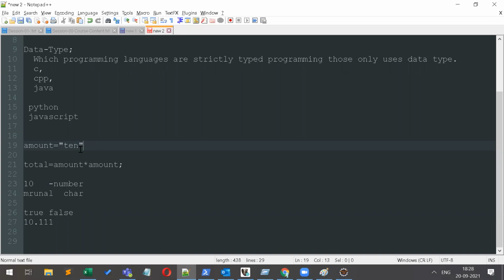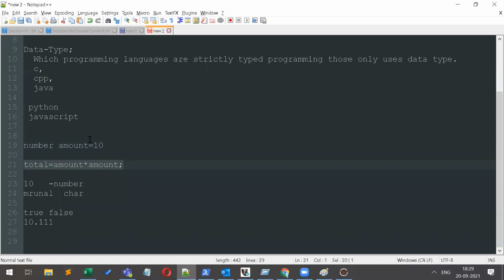But Java is a strictly typed language. You have to mention the integer or the number here, and it won't allow storing such a kind of value. You have to store the value like this only. So while executing the program, it won't give any kind of error.